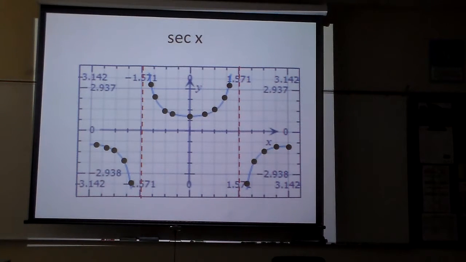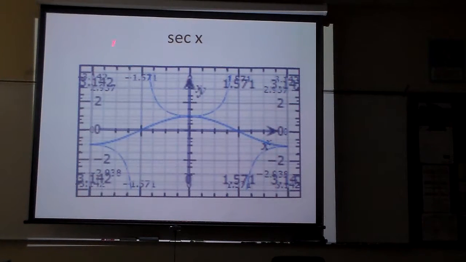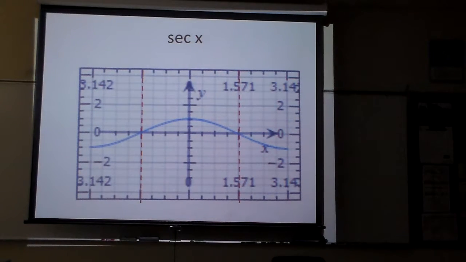Now, this is how we graph it by finding a bunch of points. But the easiest way to graph it is really to do the following. Does anybody recognize what that graph is right there? It's a cosine graph. Notice at 0, 1, it's up here. And the easiest way to graph this would be to put some asymptotes. Look at your cosine graph. And anywhere cosine hits 0, put some asymptotes. And then we're going to put dots wherever its cosine hits a maximum or